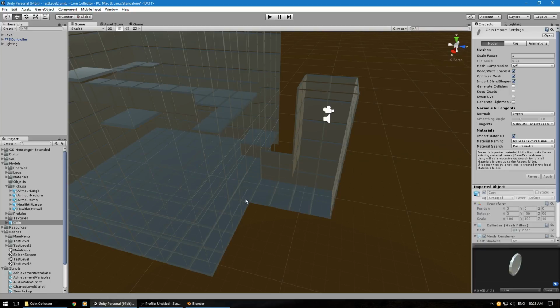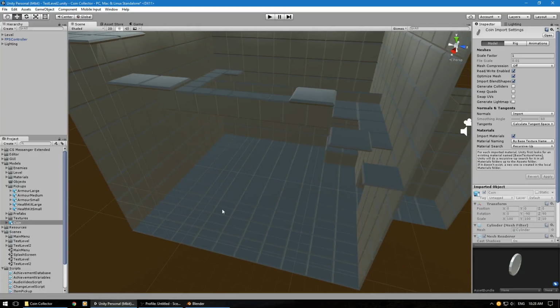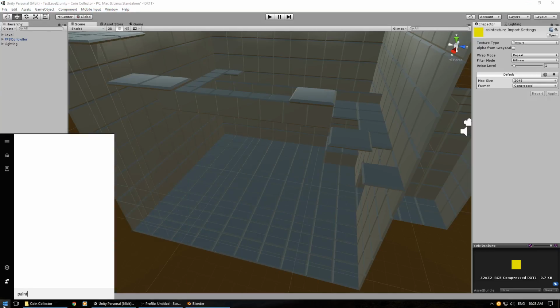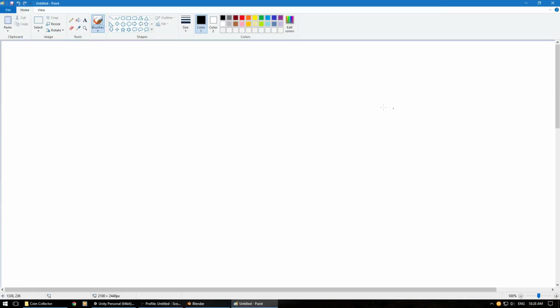Now that's done, we need a texture for it. I already have a texture in here. I believe, did I call it? Yeah, textures. I already have it here. And basically what I do for these textures for the models, it's really easy. If you just open up Paint or something, you can open up